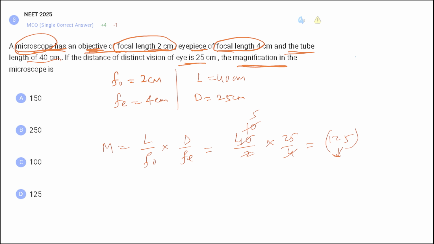So the magnification of microscope, okay, that is 125. This is the correct answer, although I am giving you the basic concept of telescope and